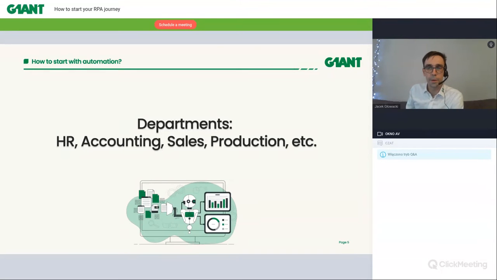So let's talk more about departments where we can implement automation. Here are a couple of departments which you can find in almost any company: HR, accounting, sales, production. These are just examples, because in each one of those departments we can find many processes which can be automated using our solution. For example, in HR, we can calculate payroll using our robots, instead of an employee checking every month all the absences, all the days off, all the working hours.